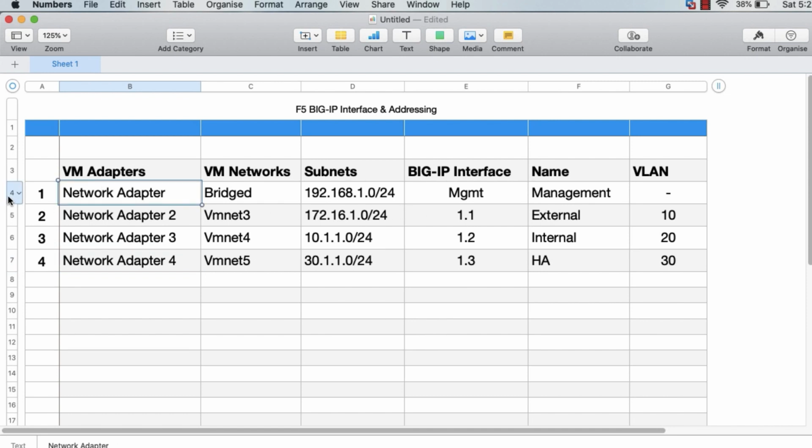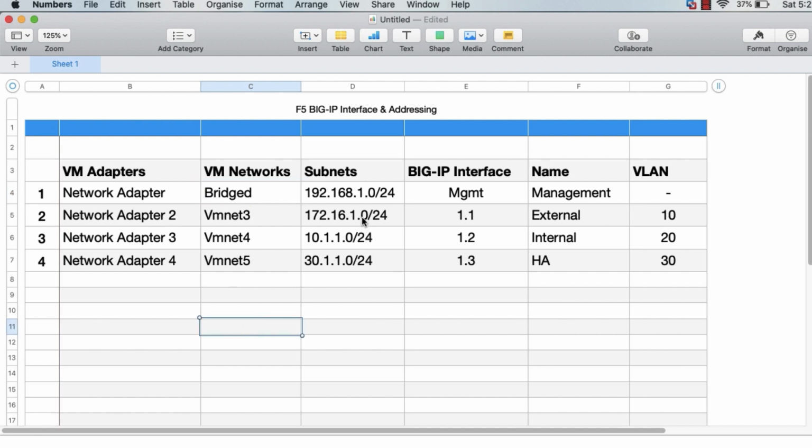Okay. The first one, network adapter 1, is already connected with the help of bridging, because the network on my wireless is the same as that being used on management, 192.168.1.0/24. By default, the mode on these VM adapters is set to bridged, so it got bridged automatically, and that is the reason I was able to access the IP address of BIG-IP. But I had only one network, which is wireless. I don't have any additional Ethernet, so I have to use VM networks now.